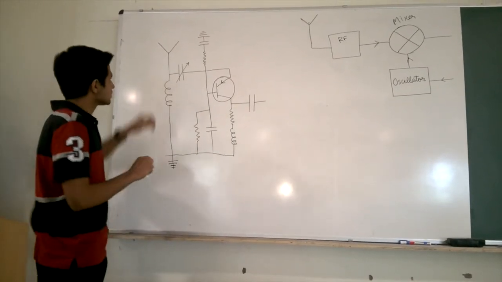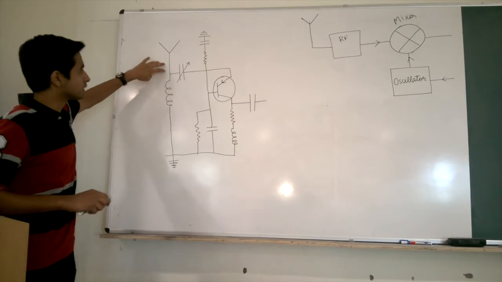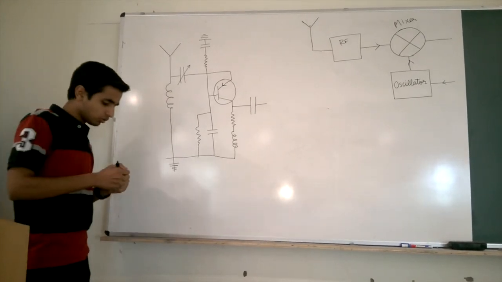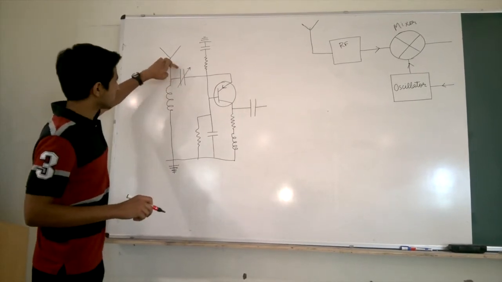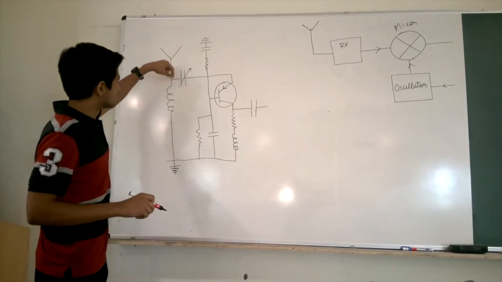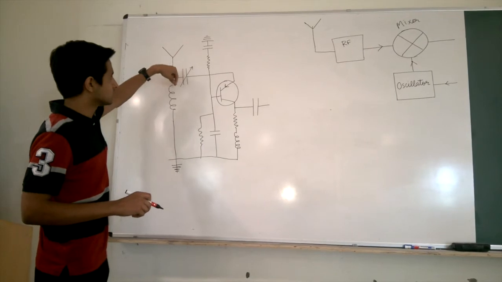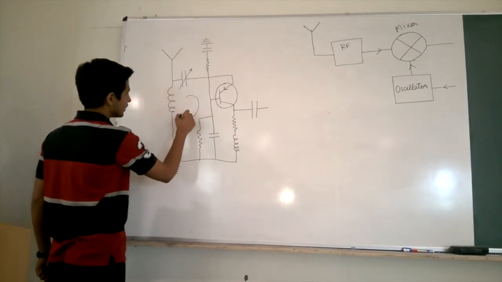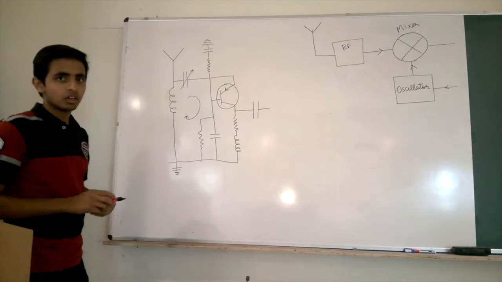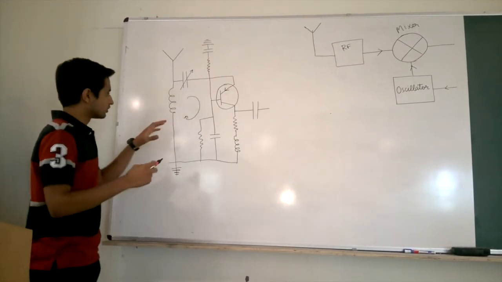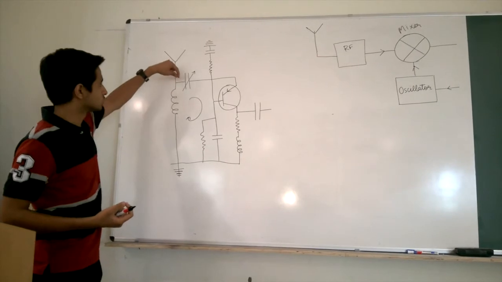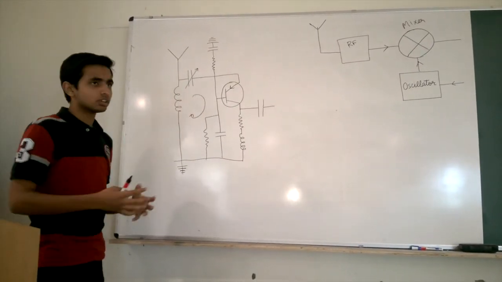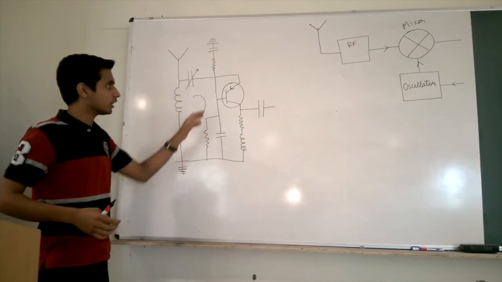Now what we are doing is we are receiving frequencies from the antenna, but we want a certain bandwidth of frequencies. So this is a variable capacitor. We set the capacitor in a certain way such that the frequency of the LC oscillations in this circuit is set. Those frequencies which are close to the resonant frequency of the LC oscillations are passed on, because these are the only ones which are significant and are amplified through the BJT.